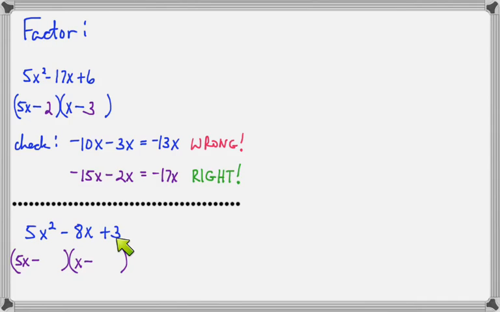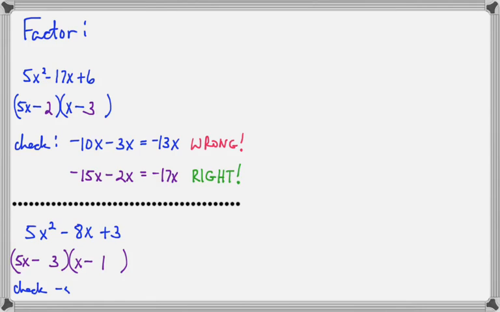Last times last has to be 3. Okay? Well, if I put the 3 here, outer times outer is going to make 15x. And that's not even close to what I want. But if I put the 3 here,